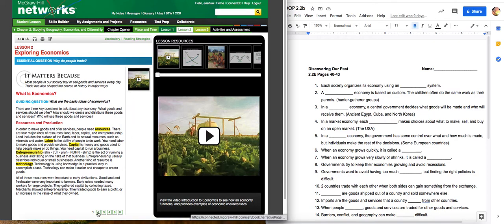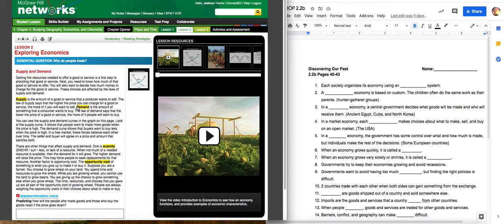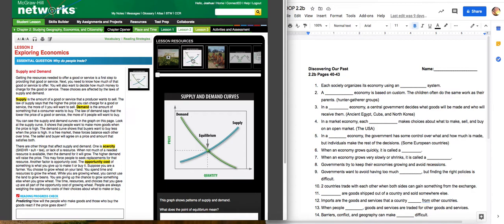Then as we moved on into the next part of it, we talked about supply and demand. Supply, how much of the product do I have? Demand, how much do they want? As demand goes up, guys, the price will go up. As demand goes up and supply goes down, price really goes up. And so we looked at this little chart here to be able to say, hey, they're going to find a balance. Companies obviously want to charge the most money, but if they charge too much, then people just stop buying it. If they charge too little, then they're not making as much money as they can.